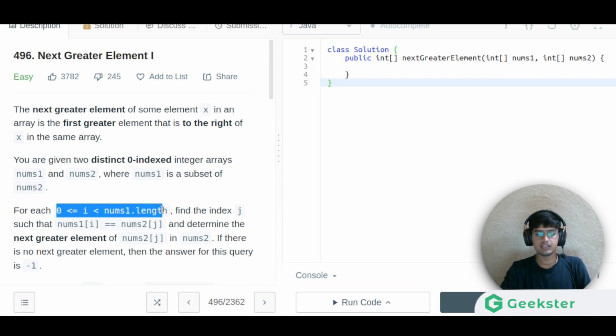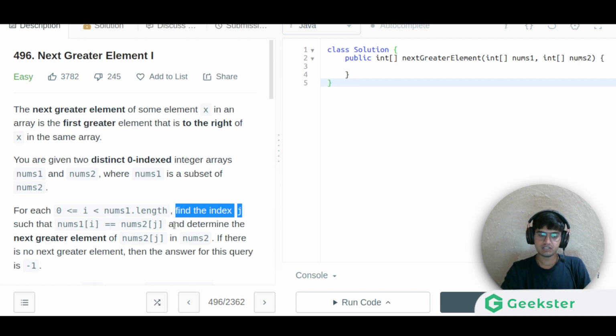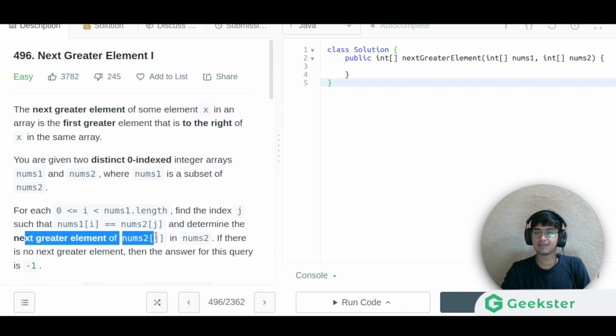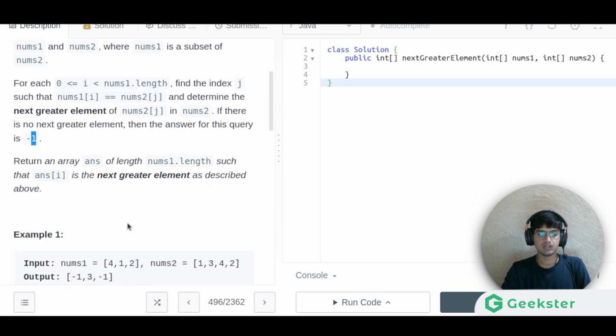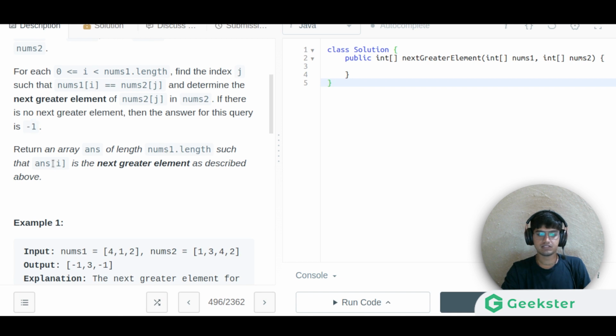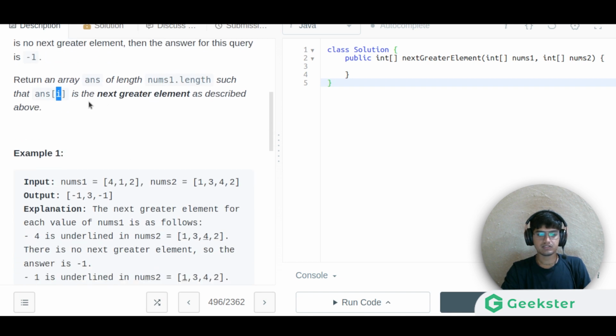For each i from 0 to nums1.length, find the index j such that nums1[i] equals nums2[j], and determine the next greater element of nums2[j] in nums2. If there is no next greater element, then the answer for this query is -1. Return an answer array, where answer[i] is the next greater element.